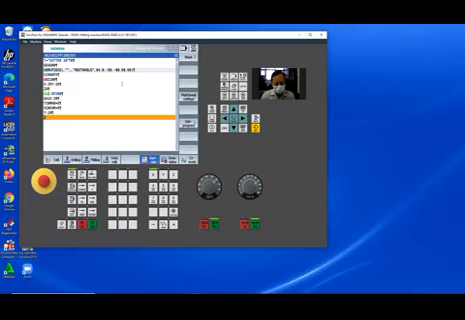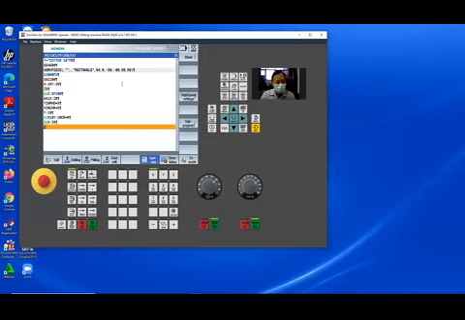After that G3 X 19 Y minus 20 and CR equal 6. There is a radius of 6 in the corner, but concave. G1 go to the X minus 35.